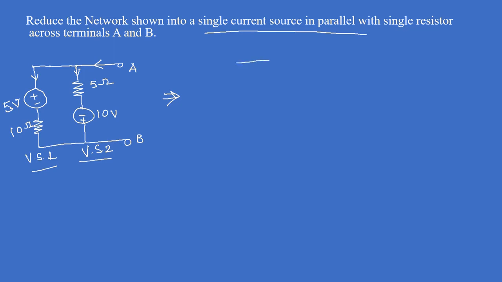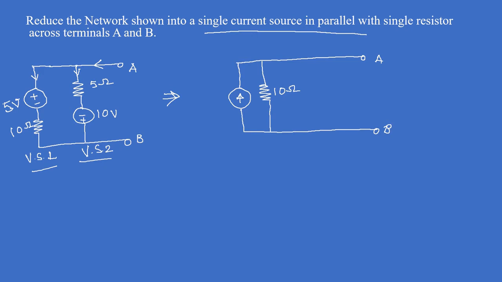So now what we will do, we will convert both these voltage sources into their equivalent current sources. I'm making the diagram for it. I'm converting first the 5 volt source like this. This is the B point, this is the A point, and now the resistance will come in parallel, because in case of a practical current source the resistance is always in parallel. This value is 10 ohm and the arrow is upward. Why is the arrow upward? Because of the plus minus polarity.